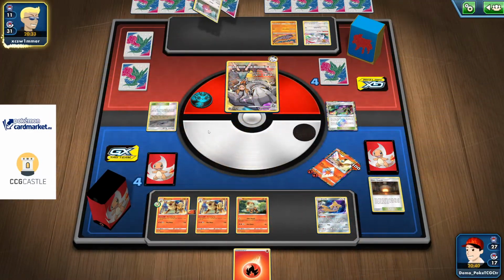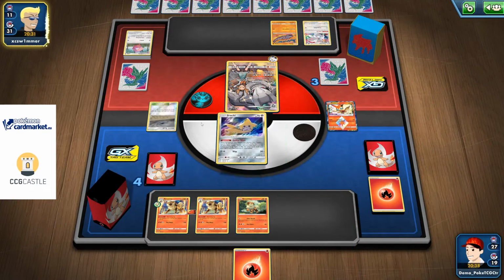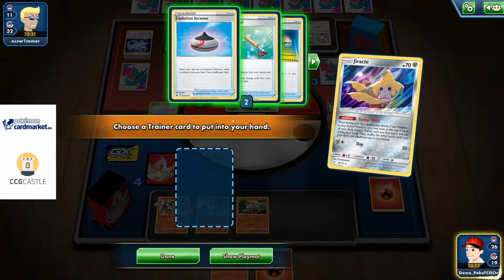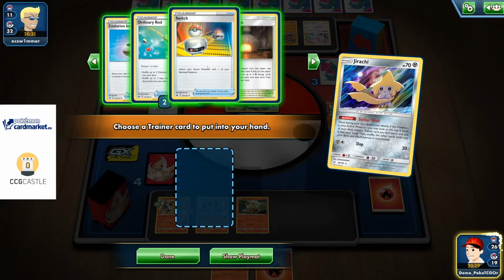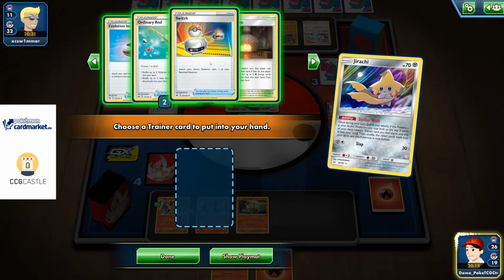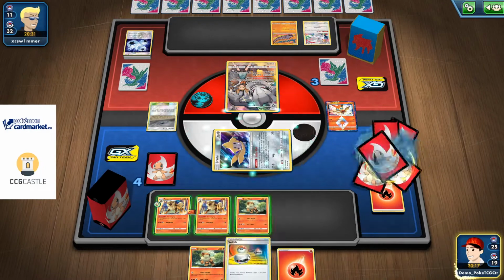I'm definitely going to put Jirachi in front. Probably I'm gonna risk a prize card. I don't need Growlithe, another Growlithe. Can't do anything with it. Giant Hearth or Ordinary Rod or a Switch. Really need to think about that move. I think I'm gonna go with a Switch, onto my...